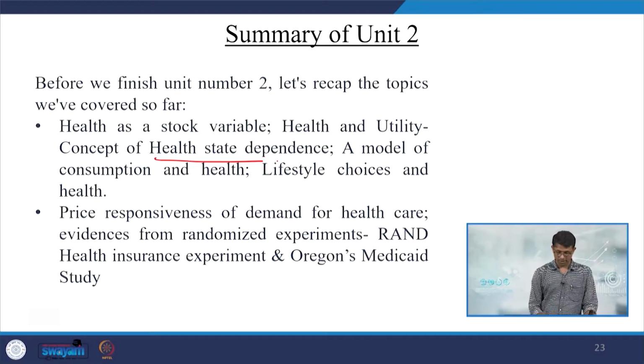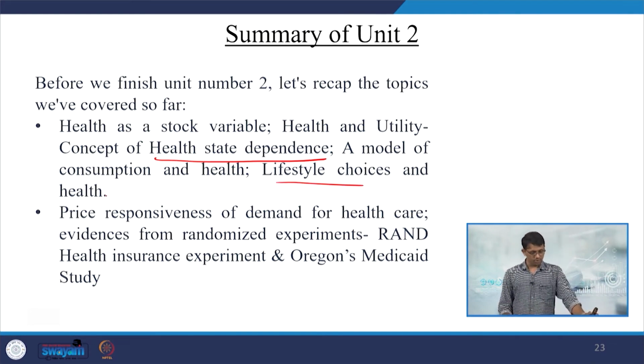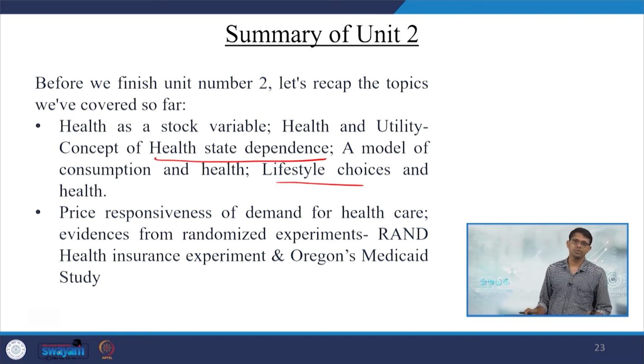The concept of health state dependency was emphasized, if you remember well, and a model of consumption and health was discussed. Lifestyle choices and health were also emphasized. Then we discussed the price responsiveness of demand for healthcare, with evidence from randomized experiments. We discussed the RAND health insurance experiment and Oregon's Medicaid study, and we also compared these two in the context of